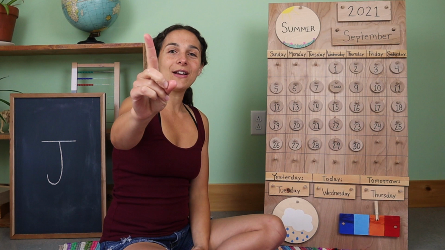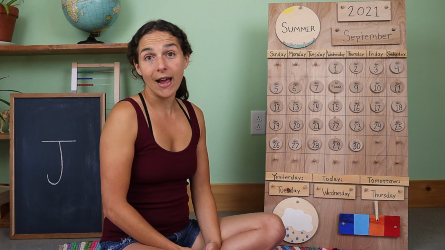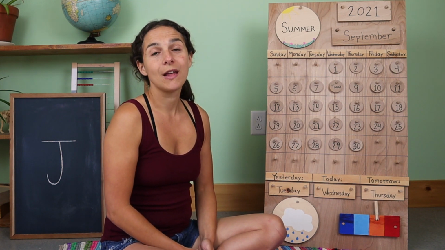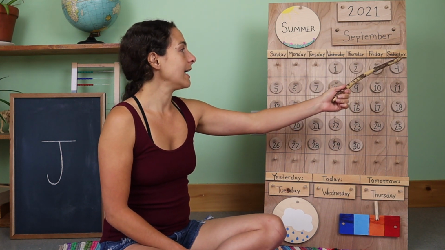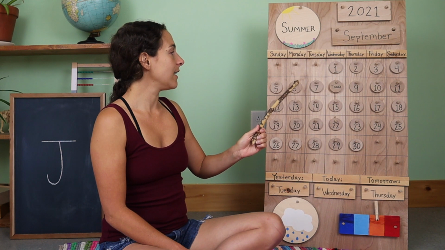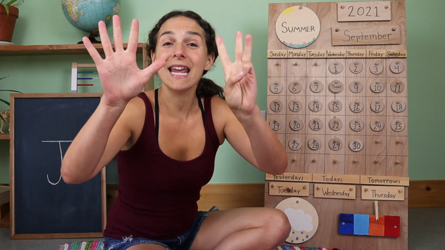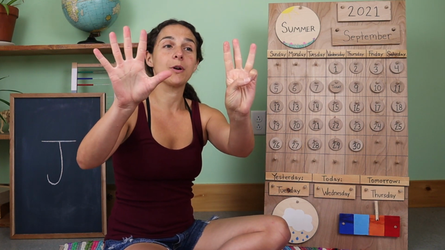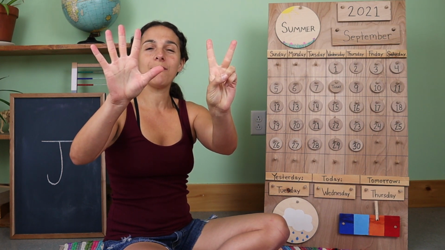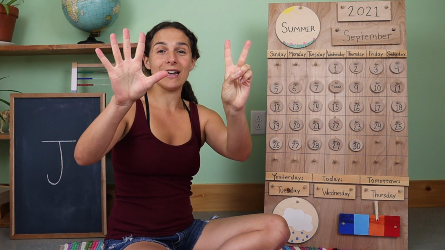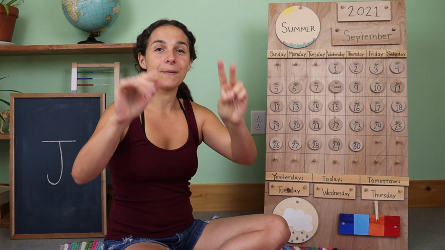Now let's take out our counting fingers and we'll warm them up to give them a little stretch. Let's see how many days we've had so far in the month of September. Will you count with me? 1, 2, 3, 4, 5, 6, 7, 8. We've had 8 days so far in the month of September. So I have my 8 fingers up like this. But if I take away 1 finger, now I only have 7. And the 7 fingers means that it's time to sing the 7 days of the week song.